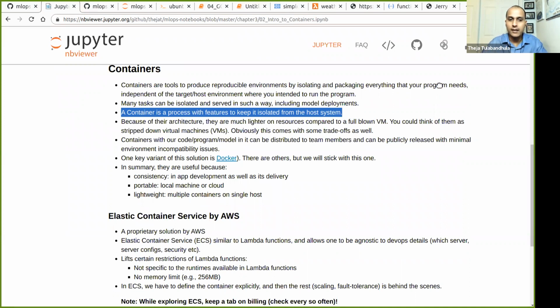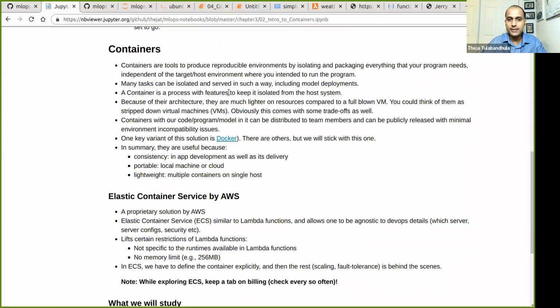It's a process within which you can run your ML deployment code or ML training code, such that when the code is running, it only sees a limited view of the world. It only sees information that is not system-wide.